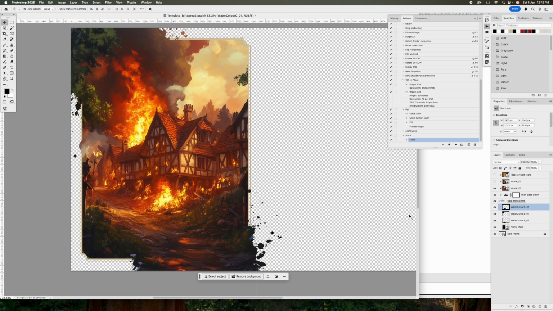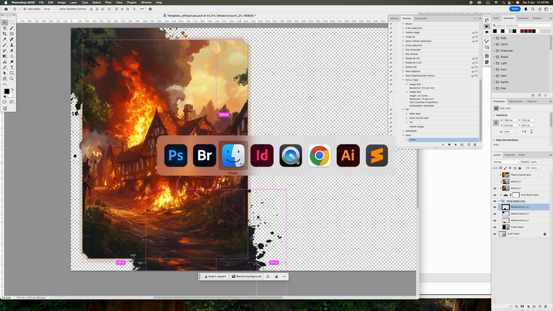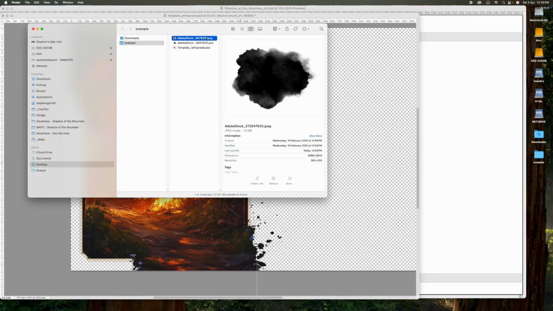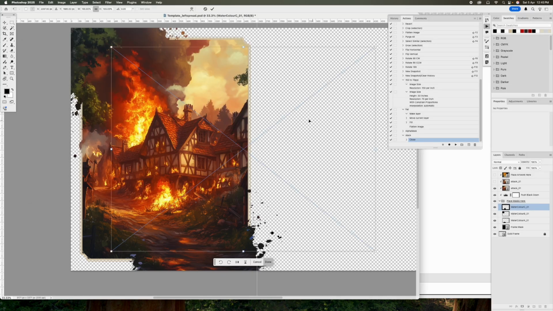But what if we want to add or use a different kind of watercolor splotch? Well, there are tons of them in Adobe Stock. You can get them in other places as well. You can make your own. But this is the quick and dirty, easy way to get it in. So what you want to do is drag it in,